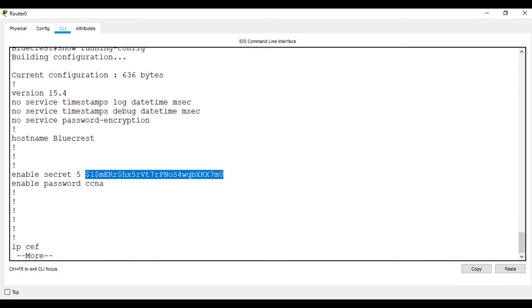Here you can see that it is an encrypted password, and we always recommend that the password be provided as an encrypted password rather than the plain text enable password. So we have two types of password: enable password, which is plain text, a simple password, and enable secret password, which is encrypted.